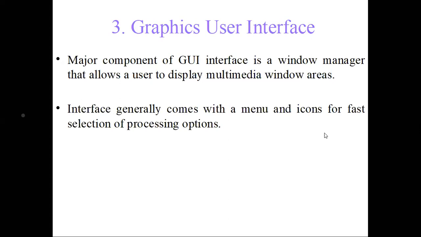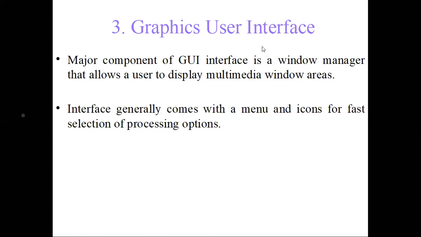The best example we can say is Microsoft Office Word. Whenever we open Word, we get a menu bar, and on that menu bar you can see different options like file, save, open, edit. Under that menu we can see different options again. You might have seen the icons for copy, for paste. So different icons are created with the help of computer graphics.